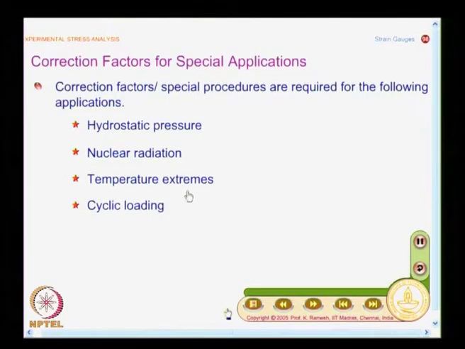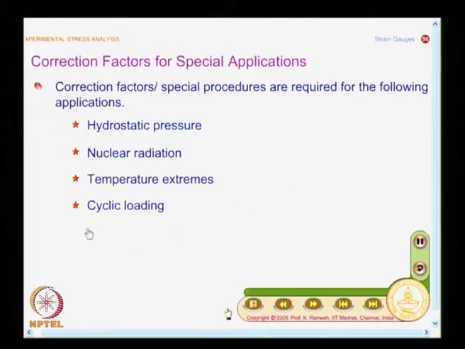So, there are occasions where you need to find out what the strains developed on the inner surface are, and you may have to work in nuclear establishments and find out the strain history of some of the vital components, and nuclear power is becoming very important these days. Then you will also have to work at very high temperatures. You look at temperature extremes. When I say temperature extremes, it could be high temperature or it could be cryogenic temperatures.